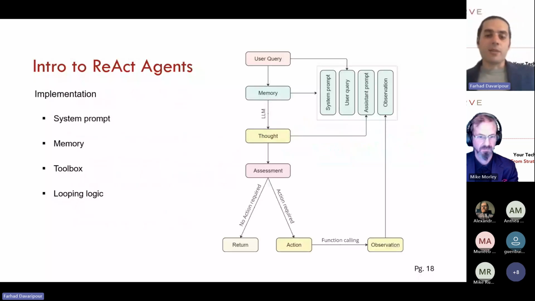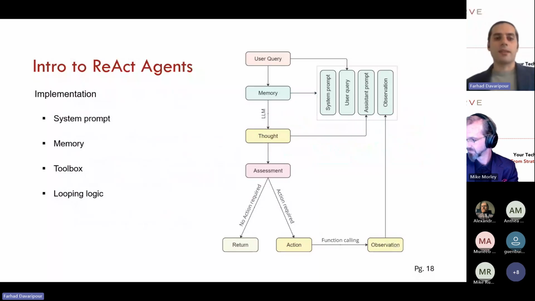So, last slide before getting into more details about the demo. I know that we have gone through this in the previous session, but here is a little more overview and introduction to the unique features of the ReAct agent. What makes an agent, actually? Agents are nothing more than a large language model with some unique characteristics, and mainly a set of instructions that we have provided for them. As for the ReAct agent,